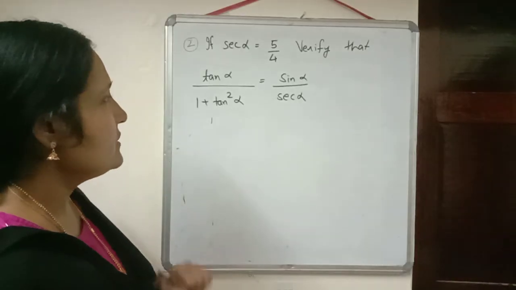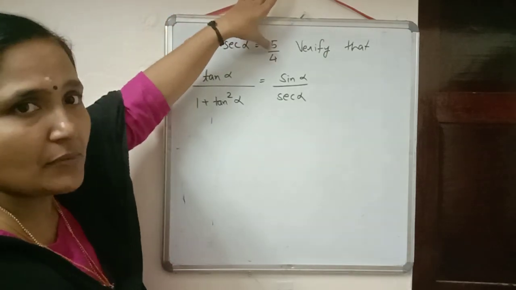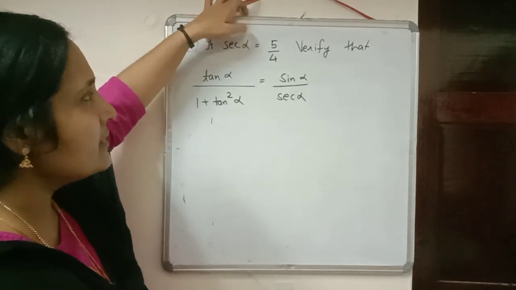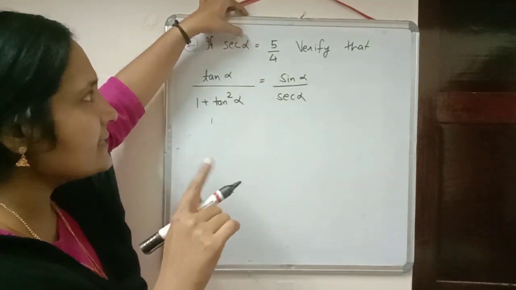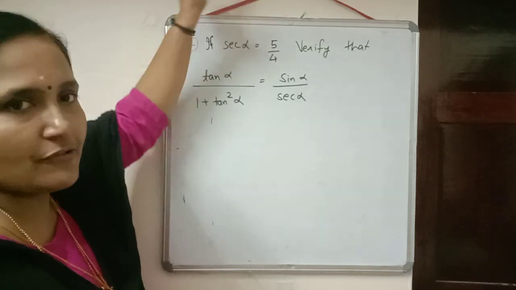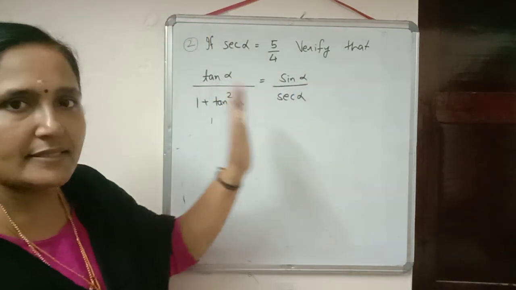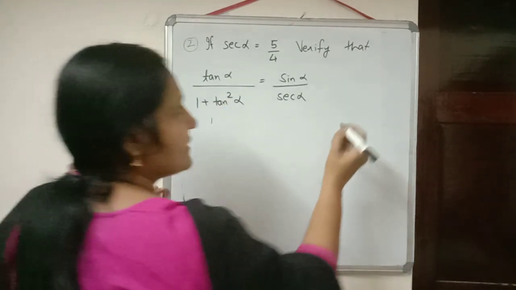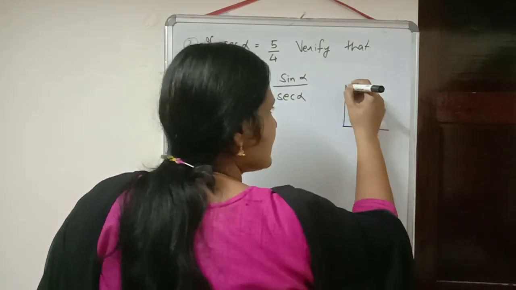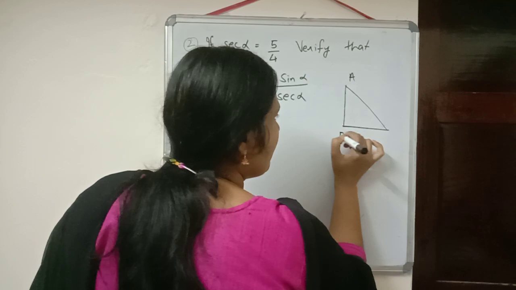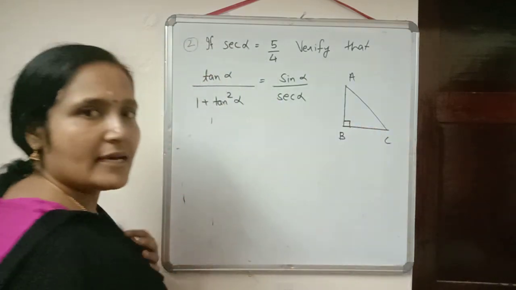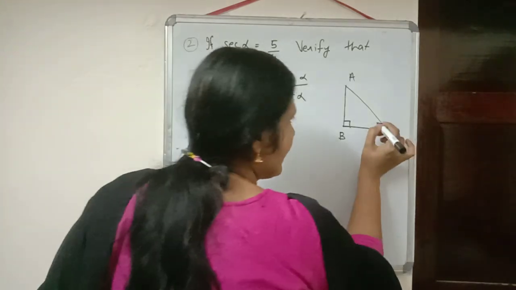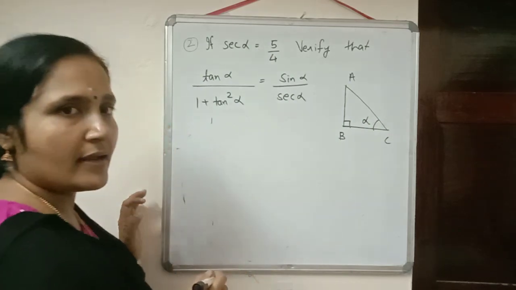Now here in this question it is given, if sec alpha is equal to 5 by 4, as in the previous question it was theta, in the same way now they gave the name to the angle as alpha. If sec alpha is equal to 5 by 4, verify that left hand side is equal to right hand side. So again we want a right angled triangle. So now here we can give the name as ABC because I think that is your favorite name. So we gave the name as right triangle ABC with angle B equal to 90 degrees. And alpha we will take here only. This is angle C, we can mark as alpha.